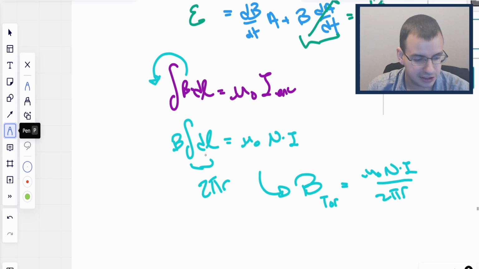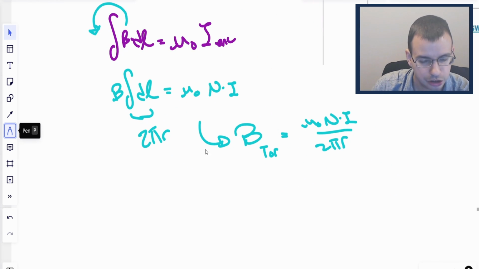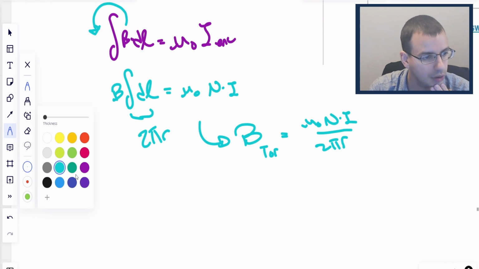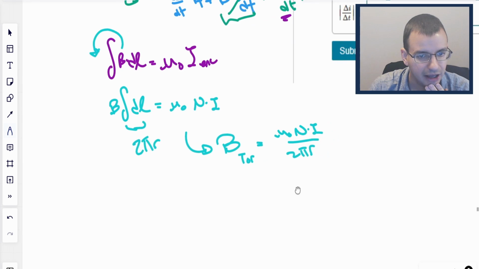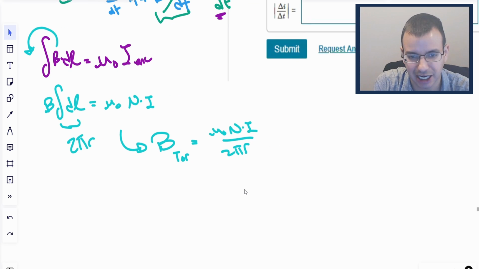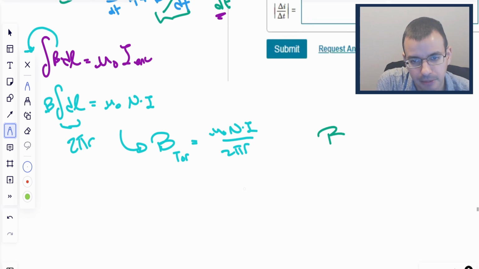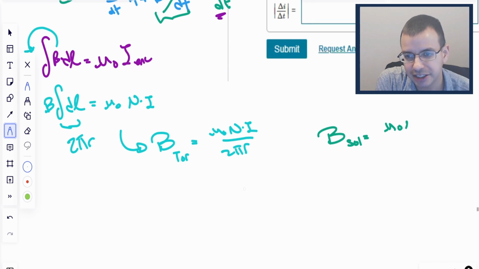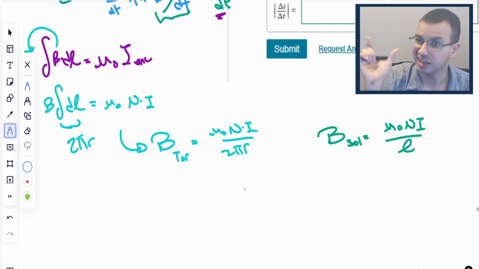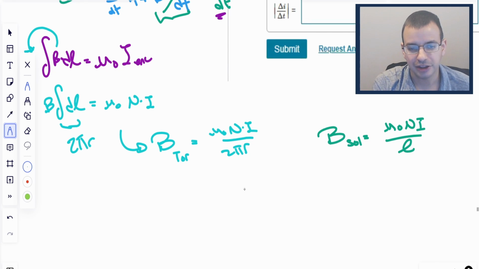Now, this is very similar to the magnetic field due to a solenoid. This is just going to be like a sidebar for understanding. The magnetic field of a solenoid is mu naught n I over L, where L is the length of your solenoid. Well, if you think of the